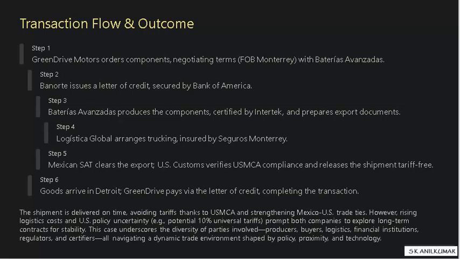The shipment is delivered on time. There is no tariff, so there is a saving. There is a strengthening of the relationship and trade ties between these two countries. But the rising logistic costs and the uncertainty in the US policy, all these are ones that prompt the companies to explore long-term contracts for the stability. Here, there is a diverse different parties with a different interests and different capabilities and different expectations who are involved in this transaction to navigate a dynamic trade environment shaped by policy,